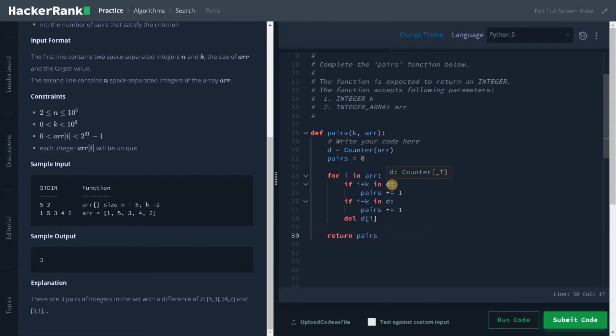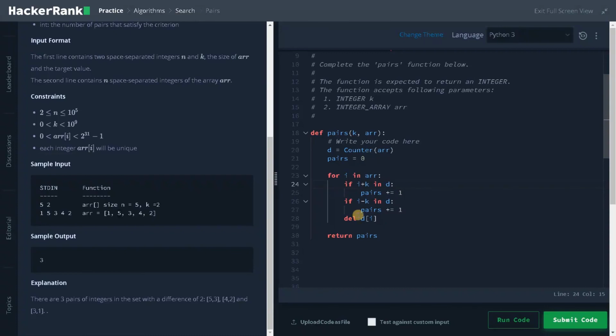If 3 is available in d I will increment the pairs by 1, and the same for the negation. If I add the difference we will get another value. Let's say if I consider 3, then 3 plus 2 is 5, so 5 will be in the dictionary.